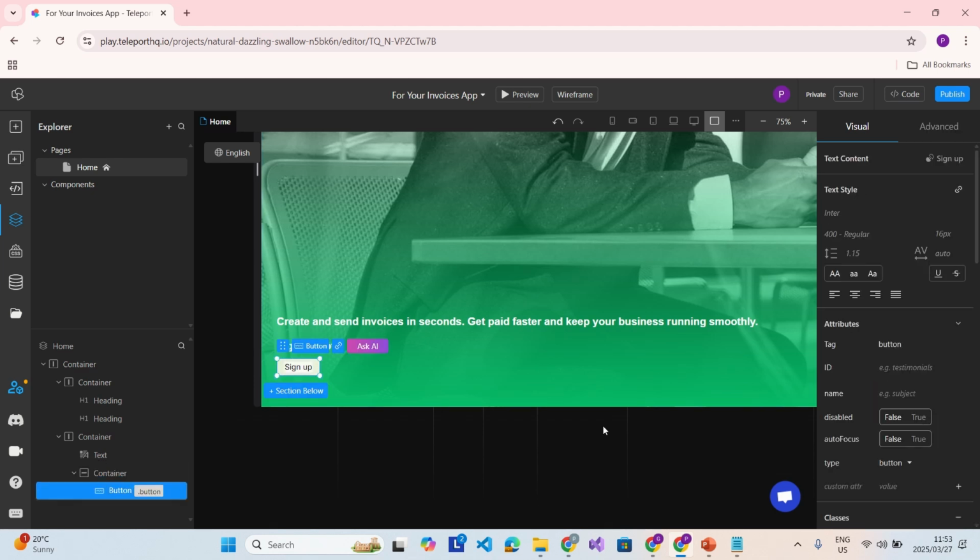My sign up button, I want to give it the same styling, Arial, 13 pixels, bold,